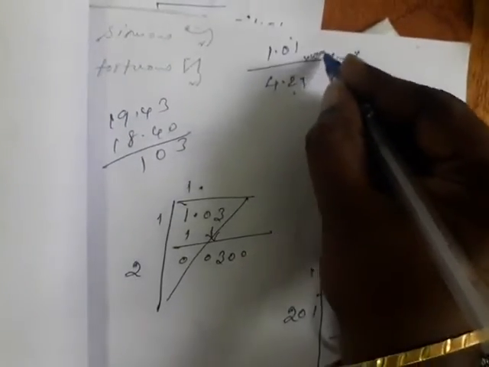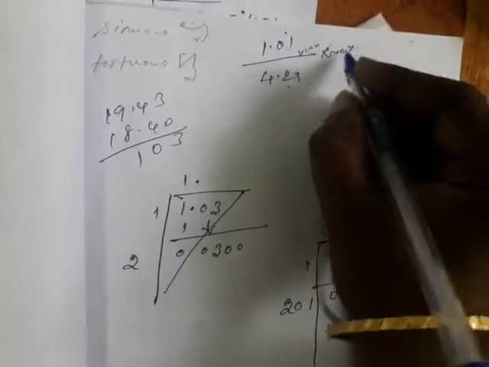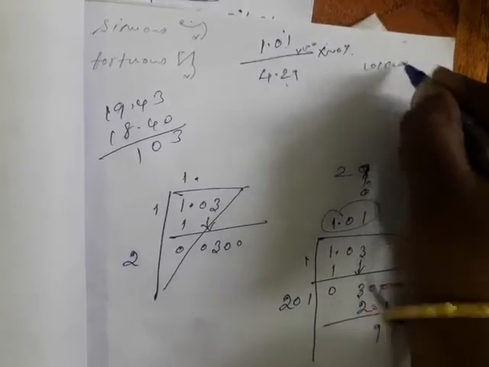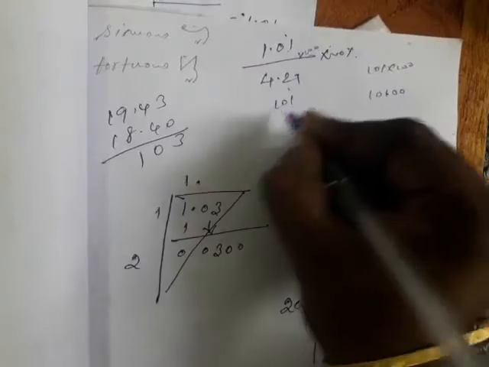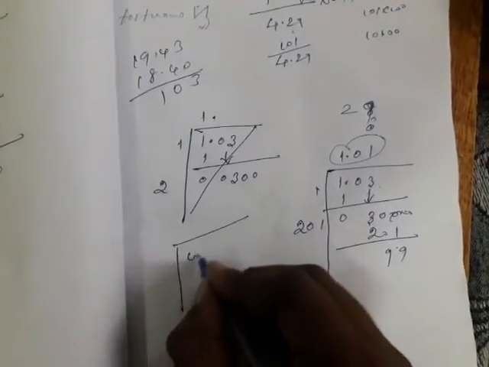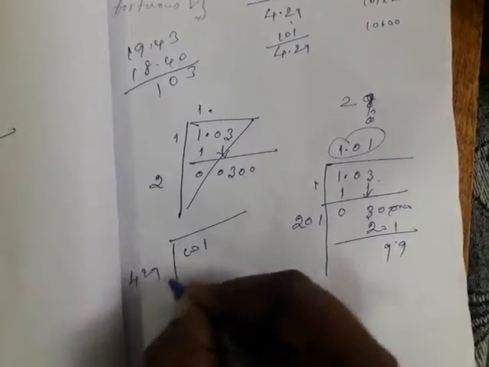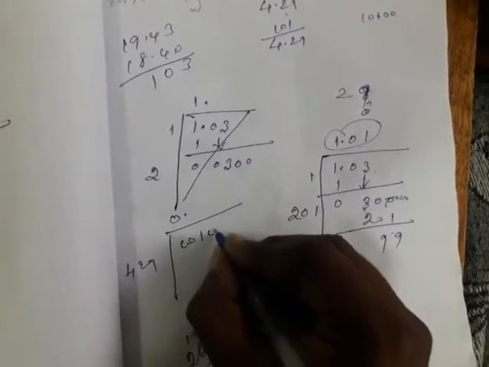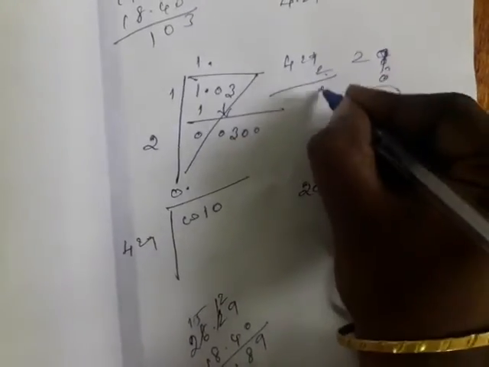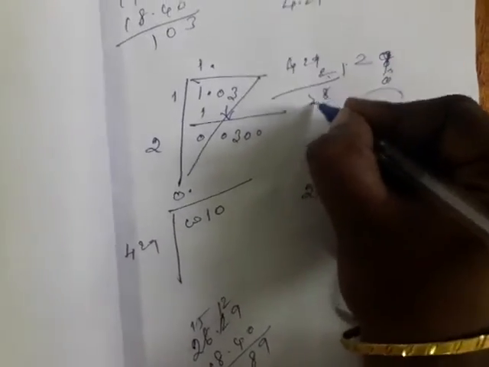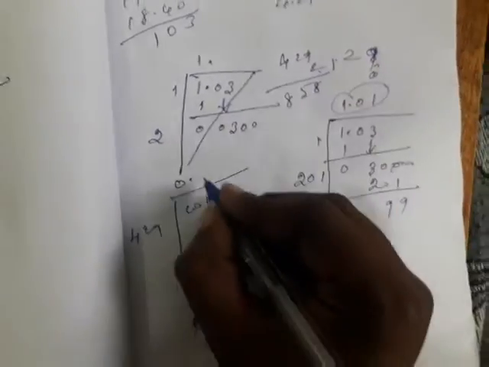So the next, what you have to do? Multiply by 100, already it is there. So 101 into 100, what will come? 2 points you have to move. 101 by 4.29. 101 by 4.29. 101, 421 is not divisible. 0. You have to add 10. 429, 2 nines are 18. Balance 1. 2 twos are 4, 5. 4 twos are 8. So 2 times it will come.